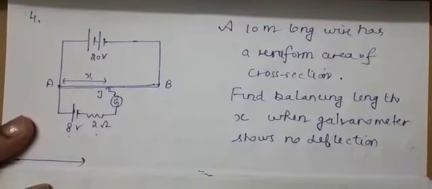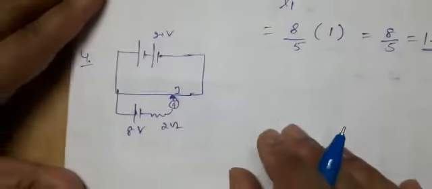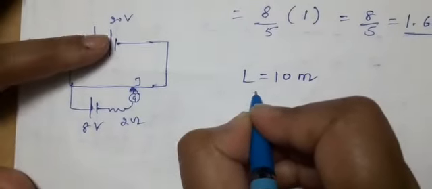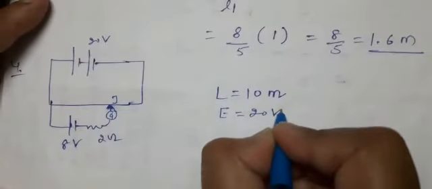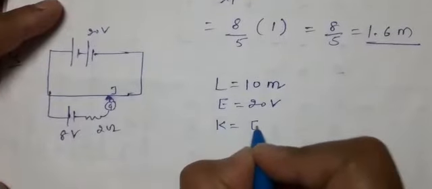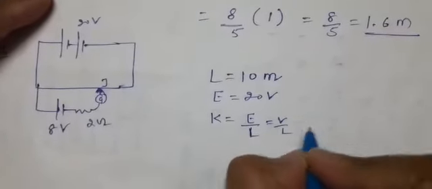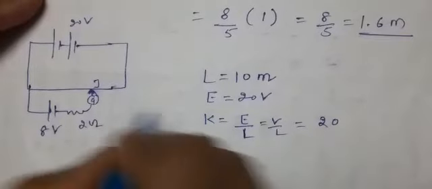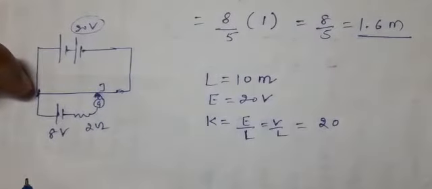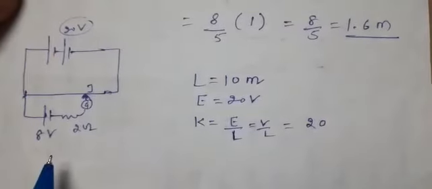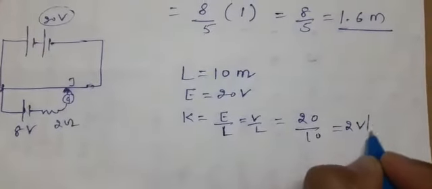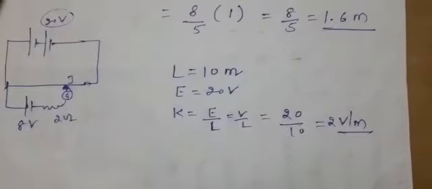So what should be the steps to solve it? So now what are the given data? As total length of wire is 10 meter, the driver cell EMF is 20 volt. Now corresponding to it we can calculate potential gradient, that is E upon L or V upon L, as potential drop is 20, because at this point 20 volt is the main applied voltage, so this potential difference across this wire will be the same because there is no resistance connected in series with it. So 20 upon 10, this will be 2 volt per meter. This will be the potential gradient.